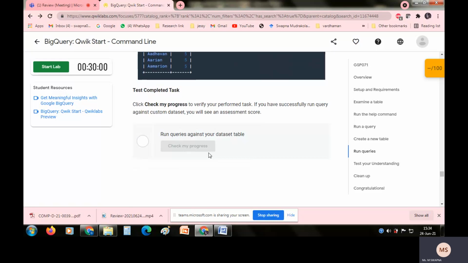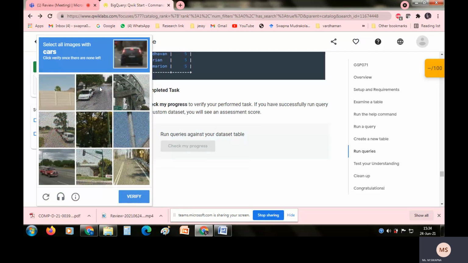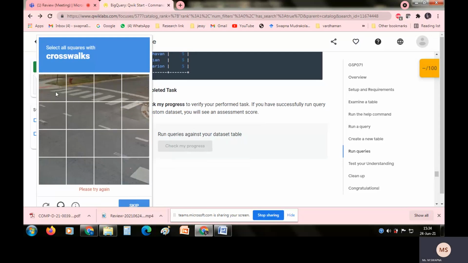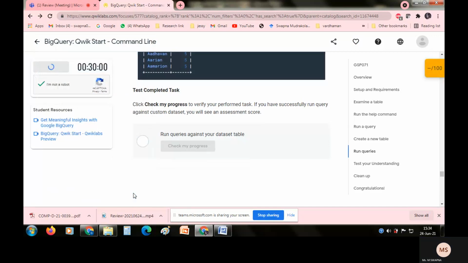Now we try to execute the lab program. Start the lab. It is asking how many cars are there in this car. Verify. Okay, wrong. Cross-check, finished.